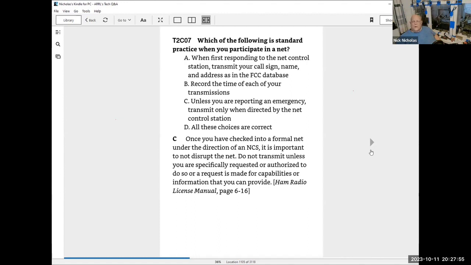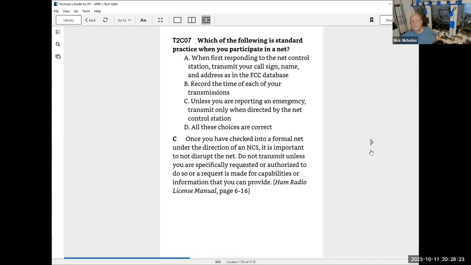So health and welfare is, hey, Jeff, you're a ham. Can you check to see if my cousin Louise is okay down in Louisiana after a flood? If you can get a hold of another ham in the area and find out, or send a message to the area asking if anybody would check on your cousin Louise, that is health and welfare traffic,